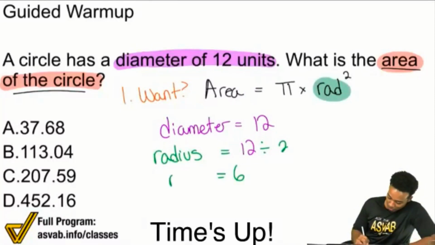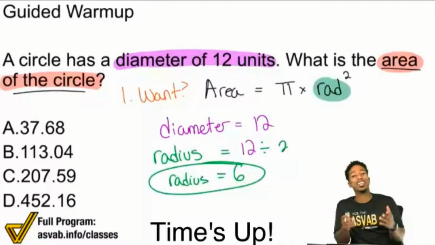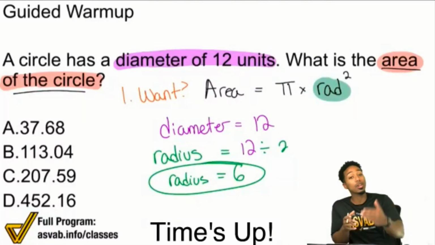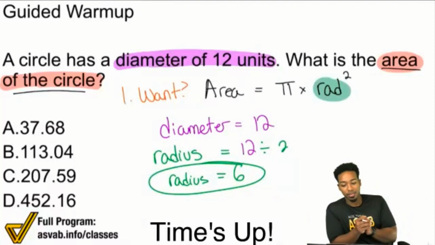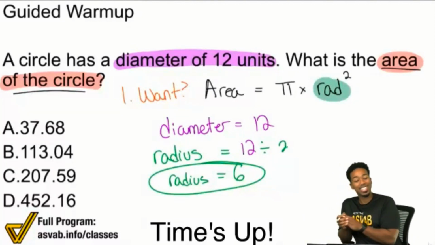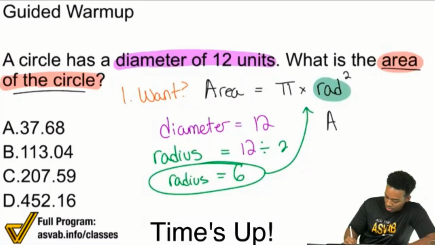Cool. So there we go. If you laugh at my expense, but you're learning and having a good time, that's fine by me. The radius equals 6. Can we go ahead and plug that in and solve now? Yeah, we absolutely can. Let's have a good time now. So I'm plugging that back in, and we're solid. Area equals pi, which is 3.14,